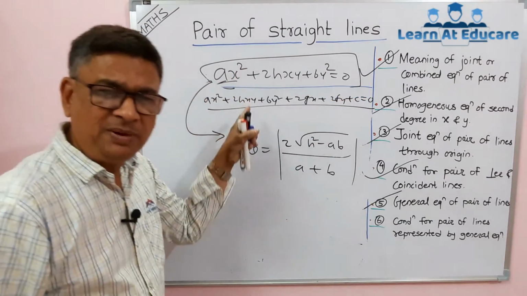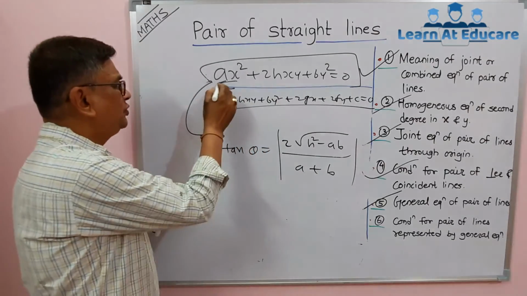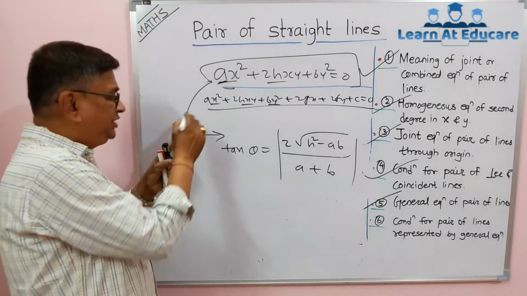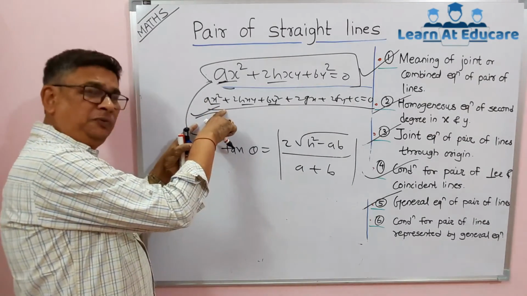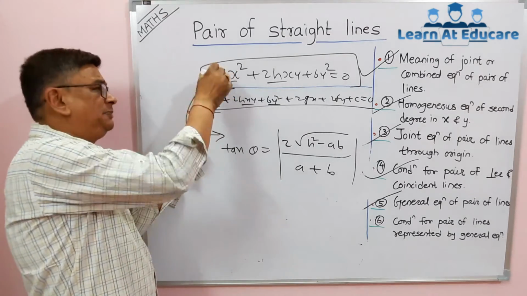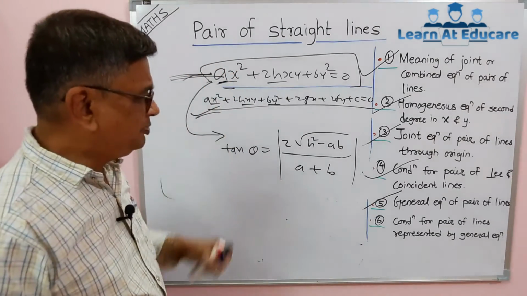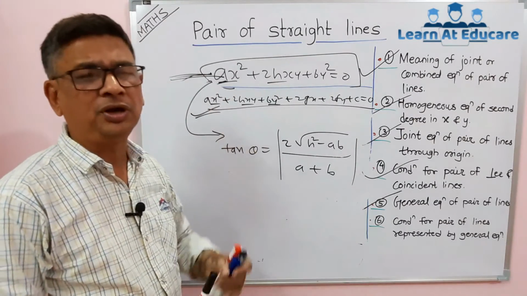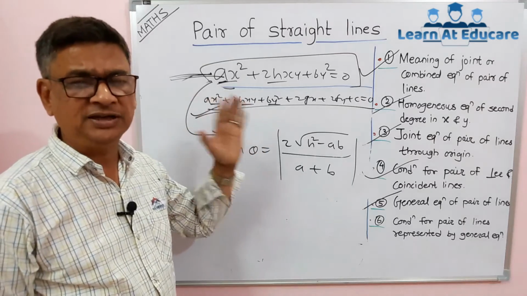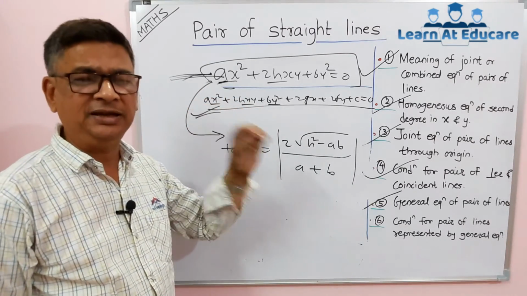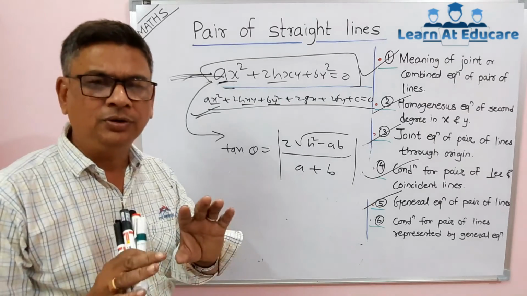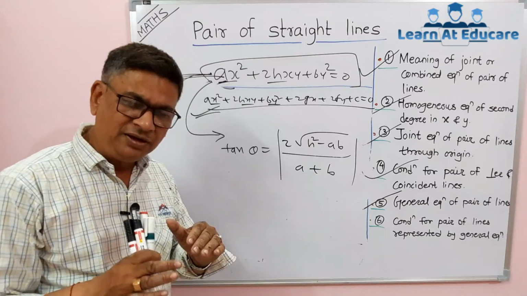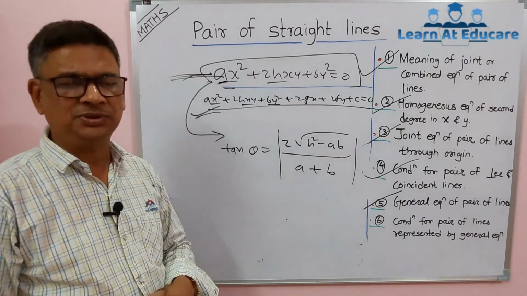For these two equations, remember one thing, they have equal coefficients of x square, y square and 2h, that is the xy coefficient. If this represents a pair of lines, it is always parallel to the pair of lines that pass through origin. That is for the pair of lines in two dimensions, and that is a very important concept. We consider two lines together, because a single line equation everybody knows; for two lines, only their product equal to 0 is required, and if a joint equation is given, we can also separate them by some suitable method.